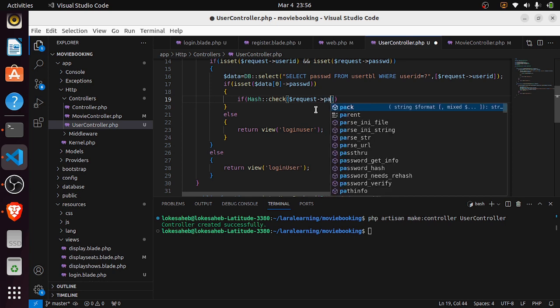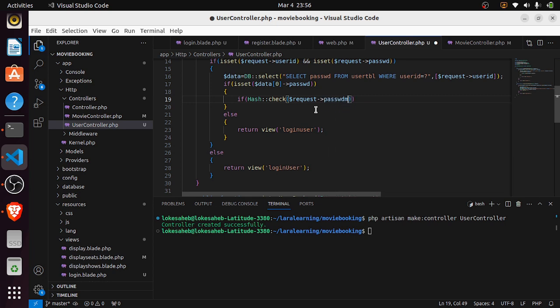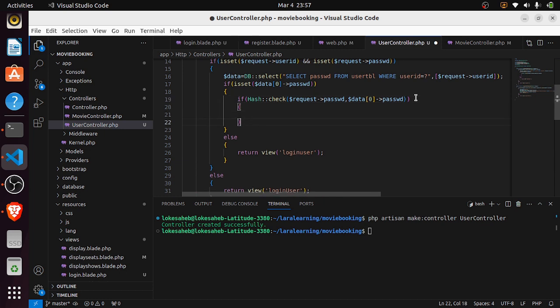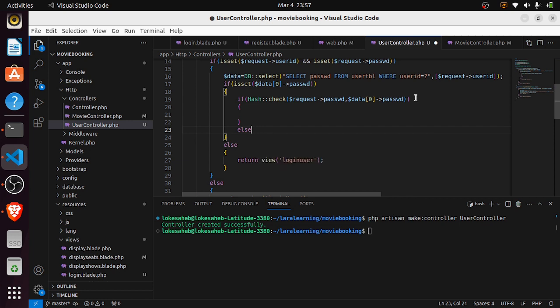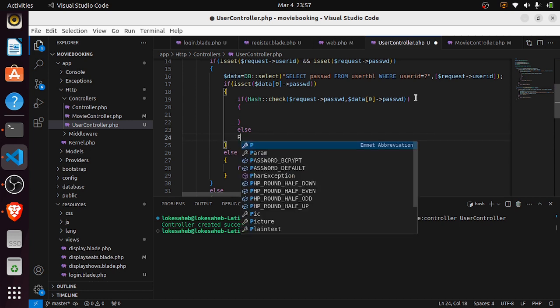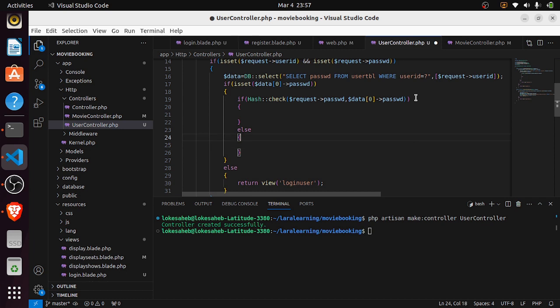So request.passwd. This is an unhashed, you could say, version. And now the second parameter is the hashed version. And do match. Then what you have to do is, let's just write else as well for this thing. Oh, sorry. And if they do match, what we have to do is